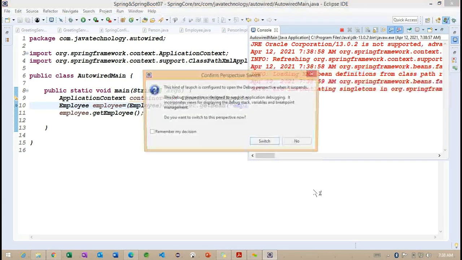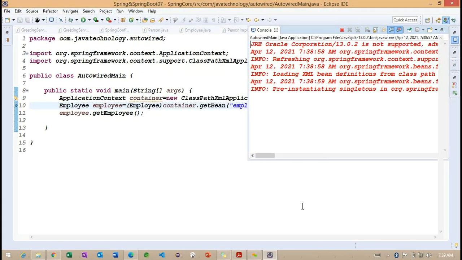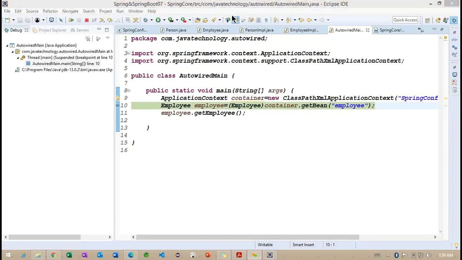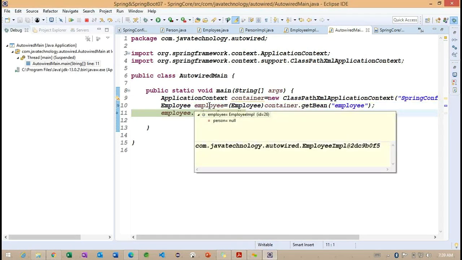So let me run one more time. So now we get into this employee object here. Internally you can check, we are getting person null here. Getting the point? So this person we are getting as null.